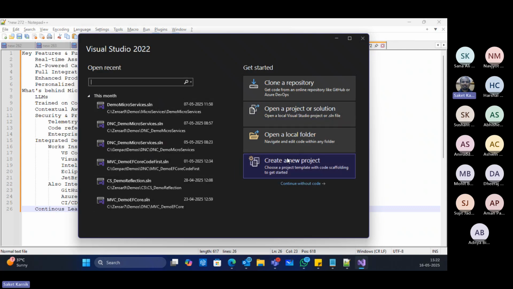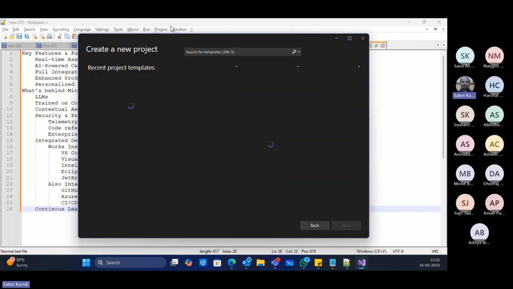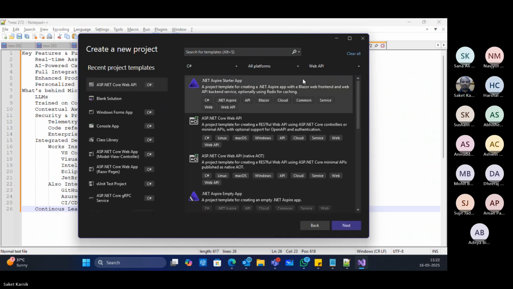In Visual Studio, let me create a new project over here. Maybe a web API project I would like to create.